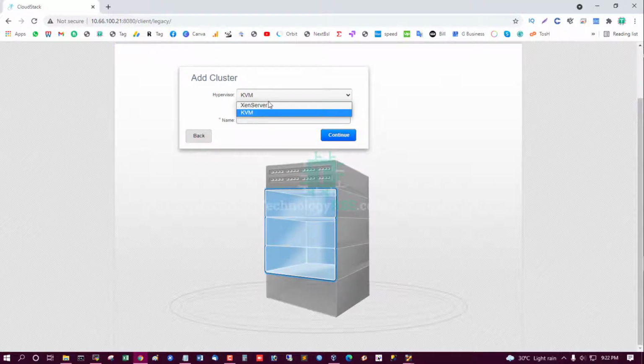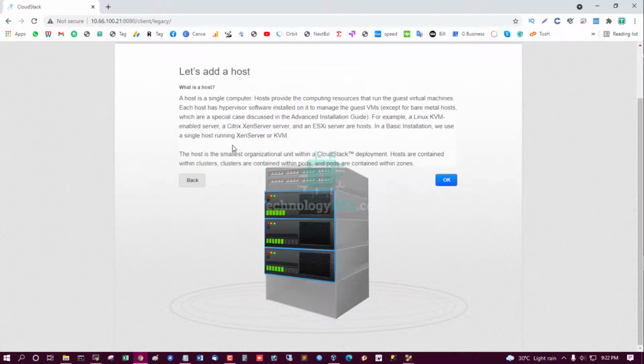My hypervisor is KVM, and for the cluster name I use cloud. Then continue. Let's add a host. What is a host? A host is a single computer. It provides the computing resources that run the guest virtual machines. Each host has hypervisor software installed, like KVM or XenServer, to manage the guest VMs, except for bare metal hosts, which are a special case discussed in the advanced installation guide.